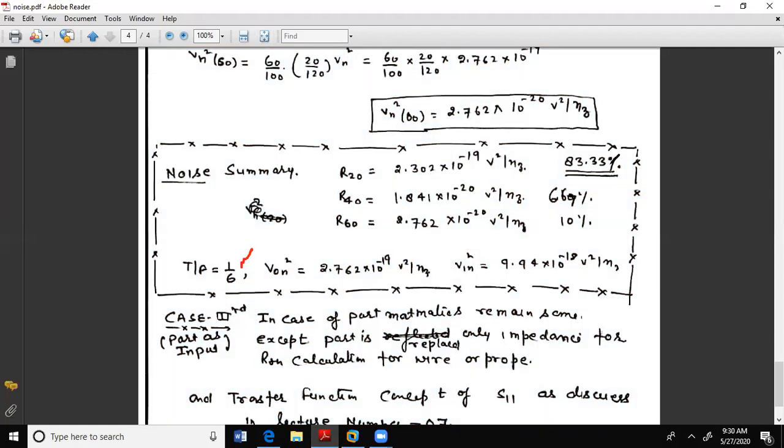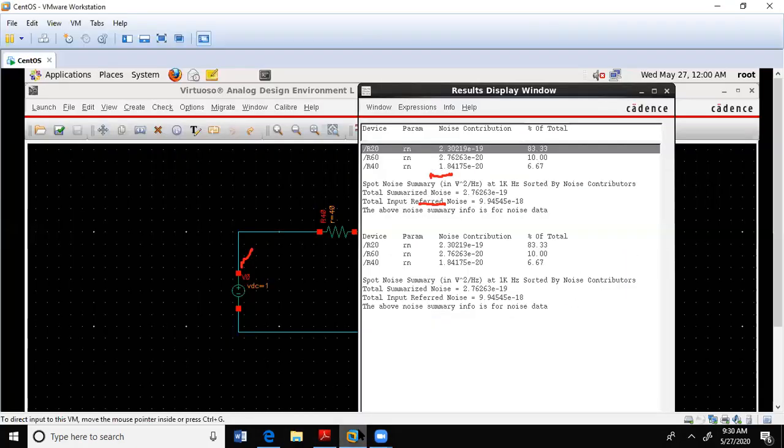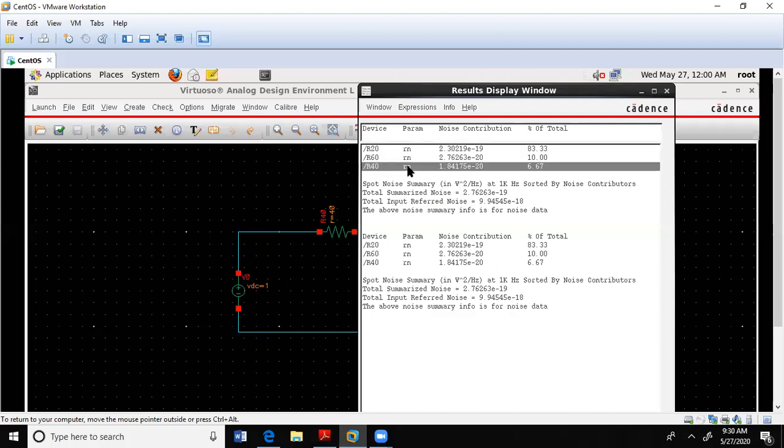Theoretical value is 2.3. Due to 40 ohm numerical value is 1.84. So due to 40 ohm is 1.86. So verified, exact match with the theoretical result.